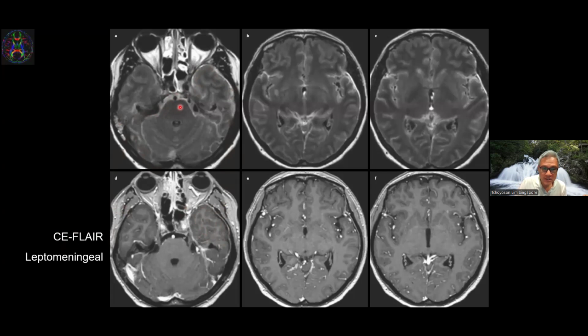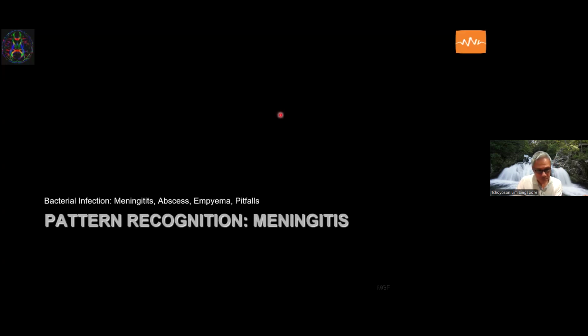However, in our center, it isn't commonly practiced. We usually just acquire the T1 weighted because the FLAIR has sometimes got a problem with false positive findings. So it depends on the radiologists in your hospital, how comfortable they are and how used to this pulse sequence they have become. So let's dive right into bacterial meningitis and the pattern recognition of